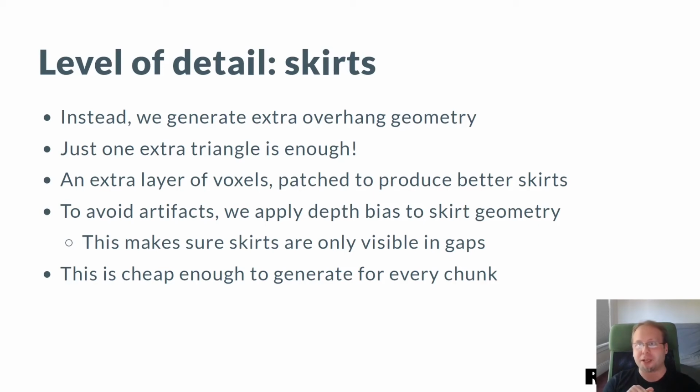but it doesn't matter as much because we use depth bias to kind of hide it. We push it inside the screen so that if there's any non-skirt pixel, we draw that instead. This means that you only see the skirt geometry inside the gaps, and these gaps tend to be reasonably narrow to begin with, so it doesn't end up being a big problem. Also, this is using the exact same meshing code with all the performance optimizations, etc. So it's actually reasonably fast and it's cheap enough to generate for every chunk. It does come at maybe 10% extra memory cost, but the level of detail by itself more than makes up for it.